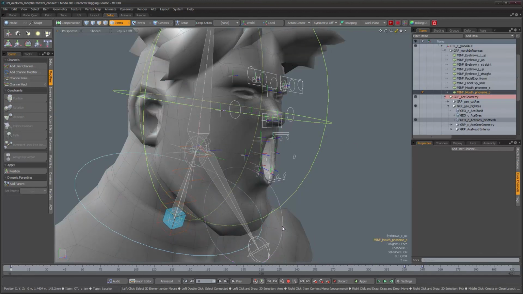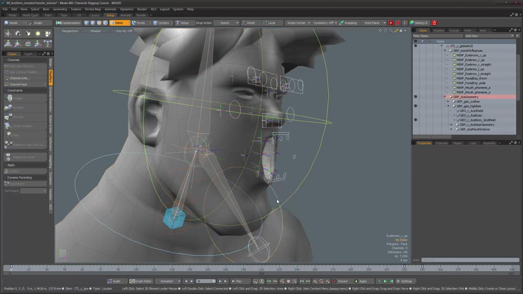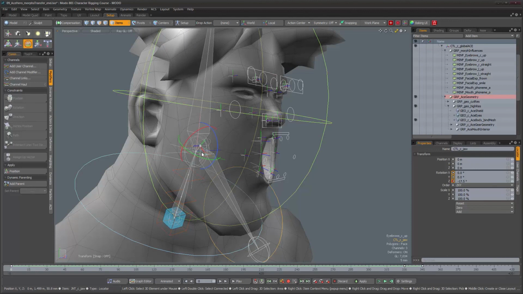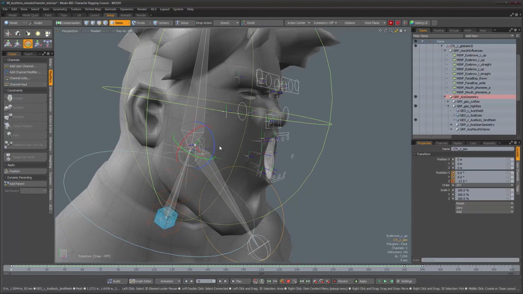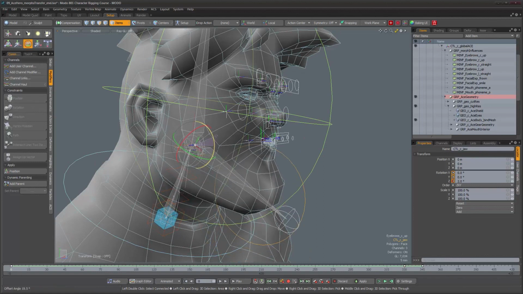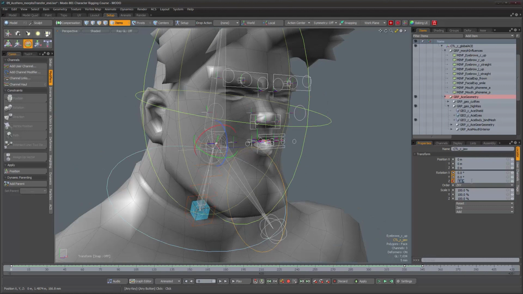Let's continue working and see if, hold on, I just wanted to test the rest of the jaw controls are actually working fine. He still has that O shape. Now he's puckering or something. So yeah,